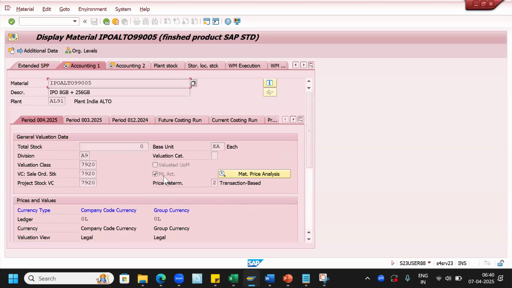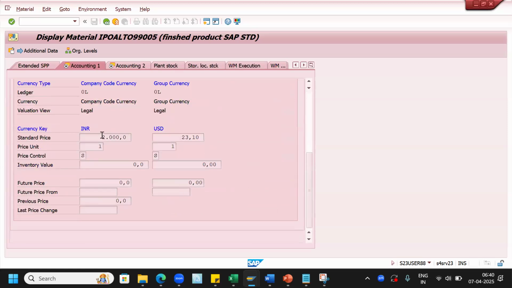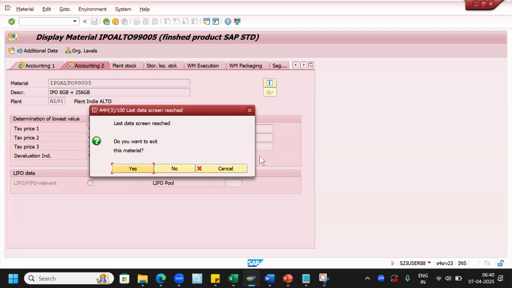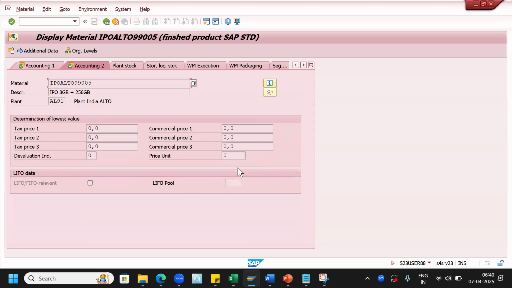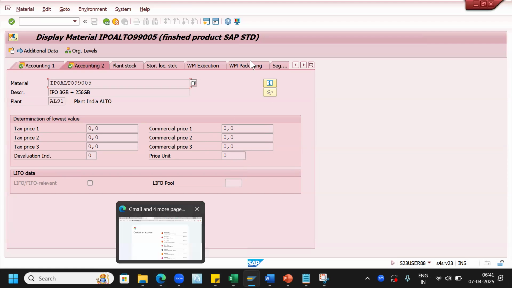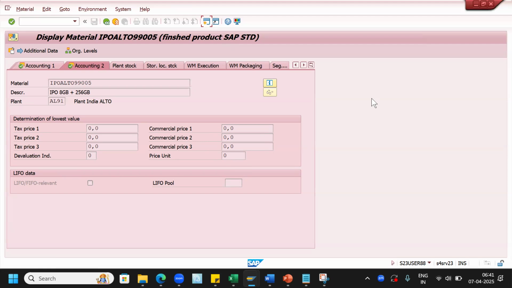In accounting one view, for this also, I maintained the same price. So this is for the sake of creating the, what I can say, the BPRS cost condition type, that is the profit margin. Whenever you want to see them for the reporting purpose, then we need to make sure that the price in the accounting one view of the material master data and the price in the pricing condition records are different. So for that, let me go to